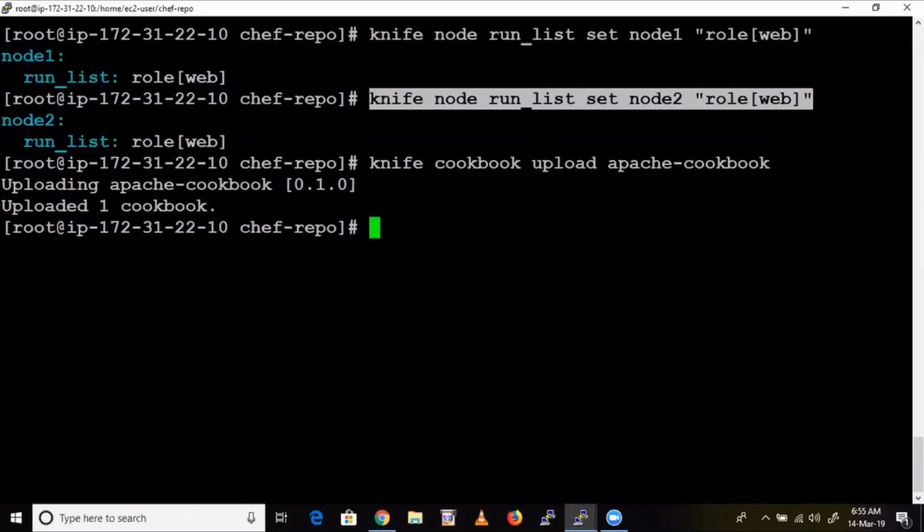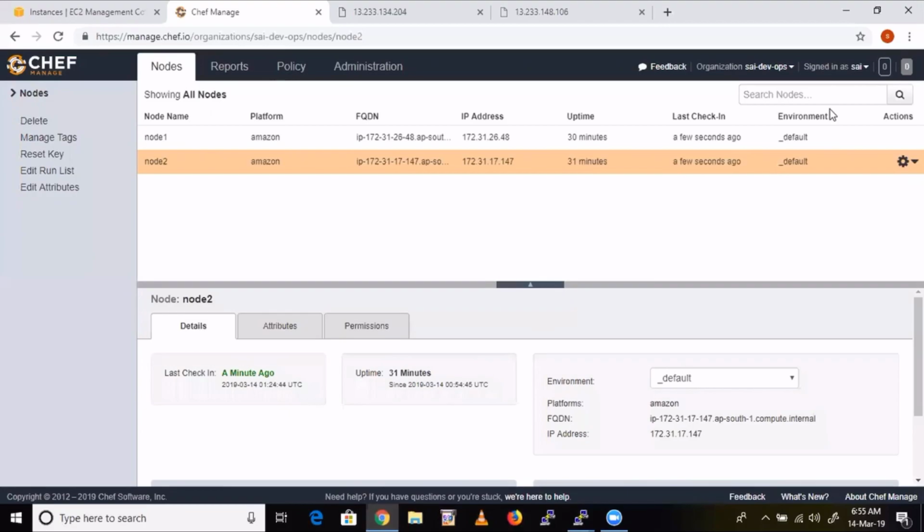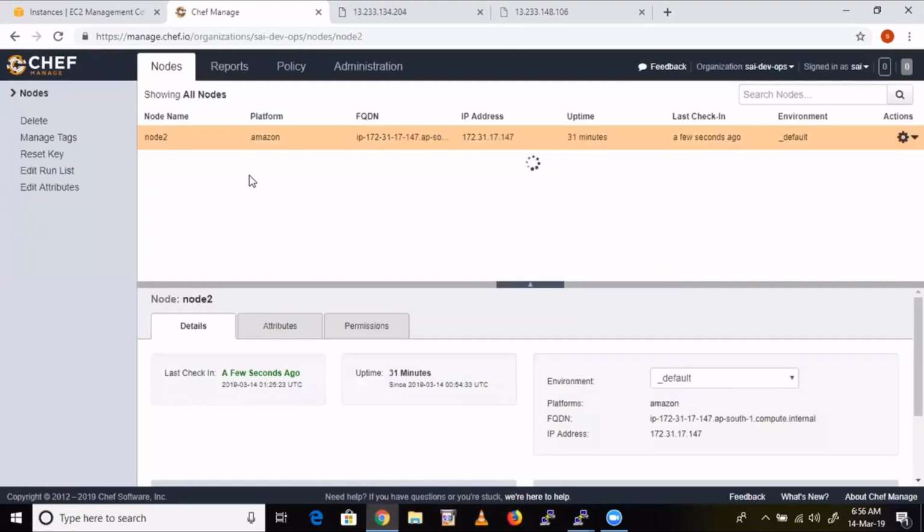Knife node run list set. That's only a one-time effort, that will be fine. If it is not working fine, just run that command only once. That's it. Now you attach it. Now hit refresh. So go to node 2 and edit run list.